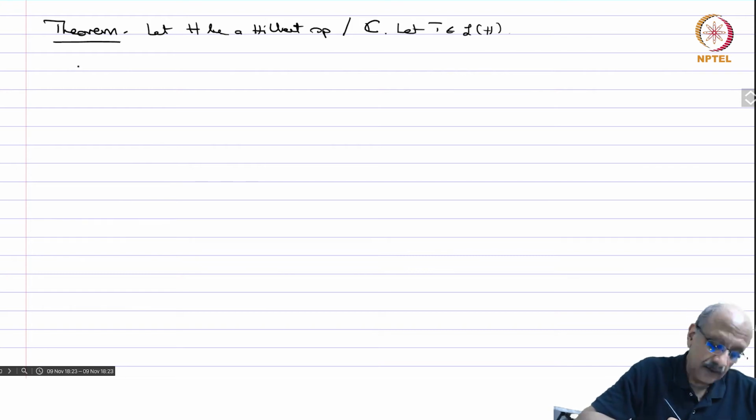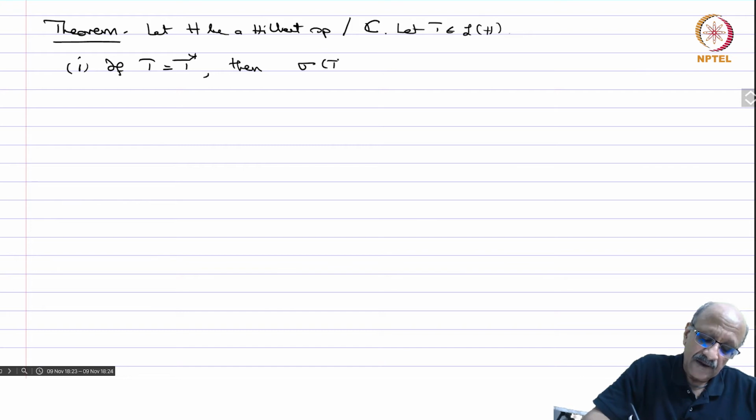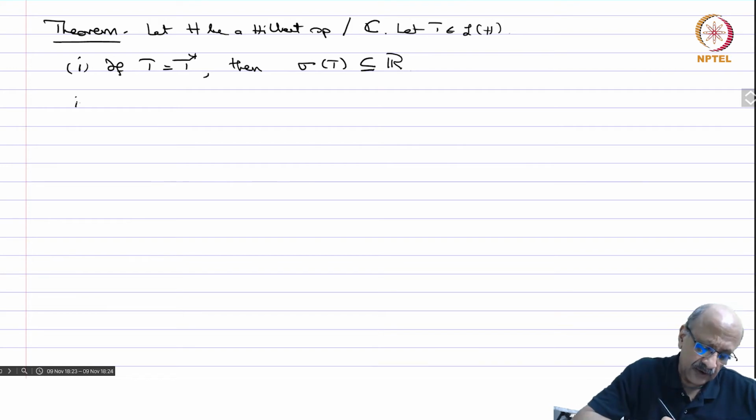Then 1, if T equals T*, then the spectrum of T is contained in R. So the spectrum consists only of real numbers. 2, if T*T equals TT* equals the identity, so T is unitary,